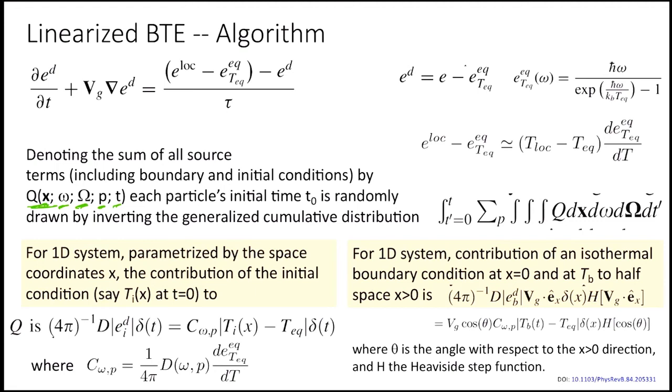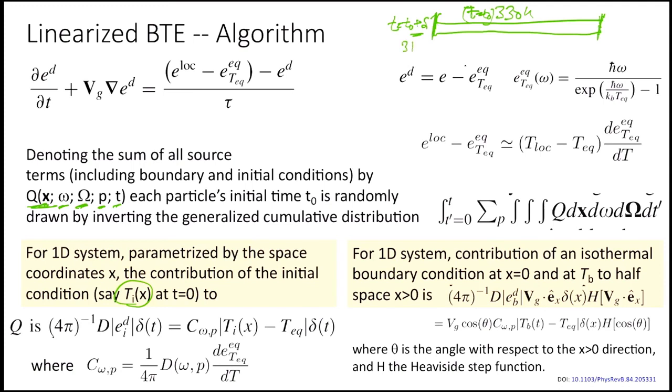So how much would the initial condition contribute to this source term? Let's say we have an initial condition and this is a 1D domain. Initially the entire body was at 300 Kelvin, so at t equal to t0 it was 300. And then as soon as t equal to t0 plus some delta time, we applied some boundary conditions here.